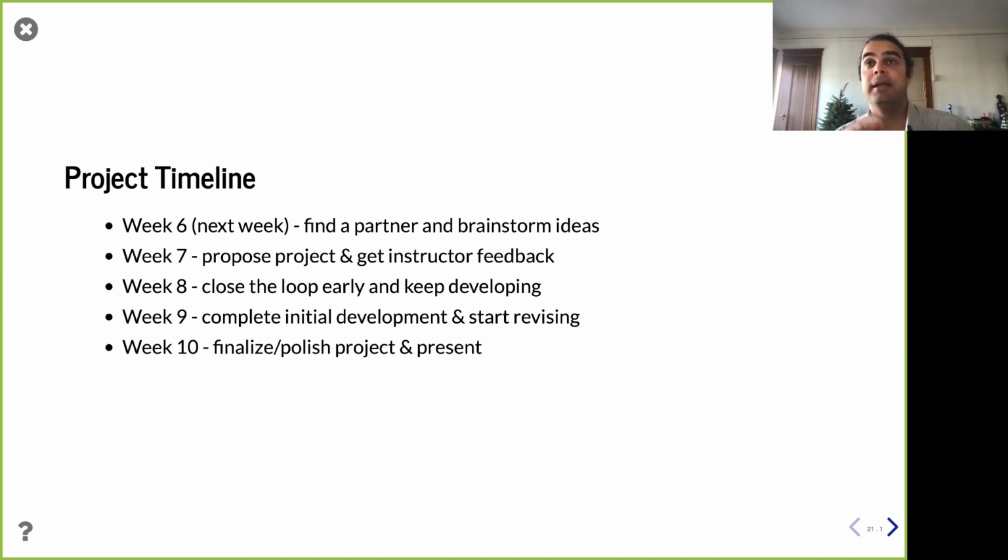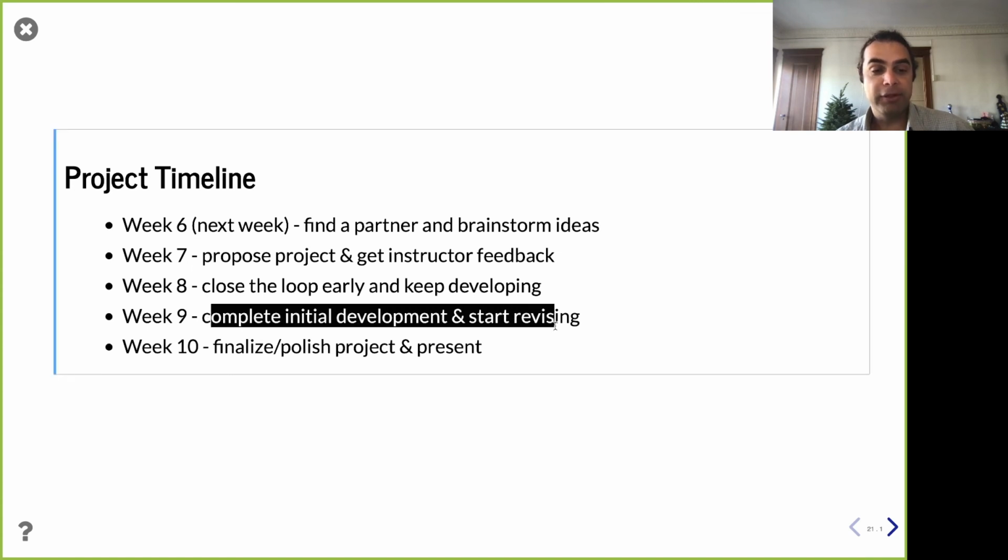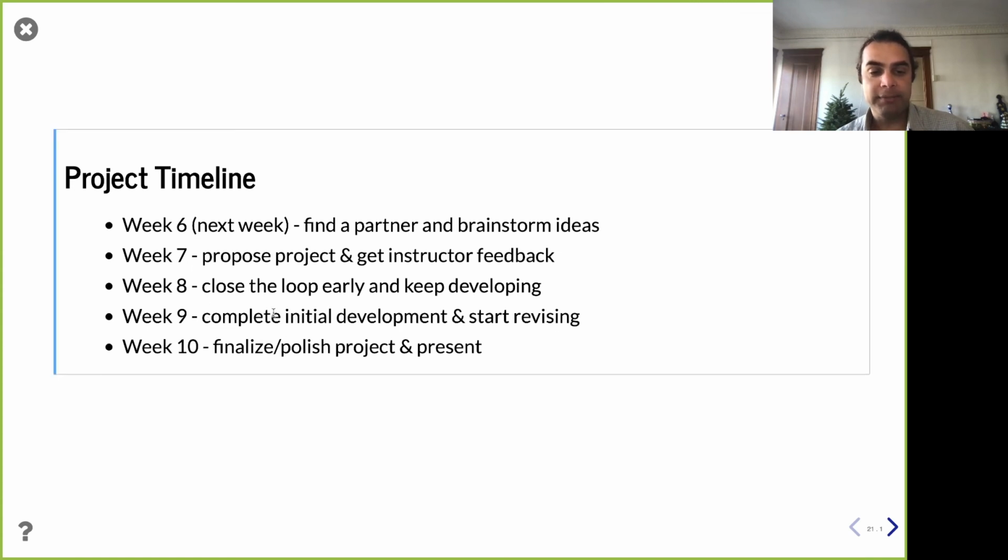revise it. But let's say your most recent attempt at a new feature or a new optimization doesn't pan out. You can still revert to something that's pretty good. It's just not as optimized as you were hoping for. So you can see the process. Okay, you're going to close the loop early. You're going to keep closing out the features, keep revising it, and then you're going to do a mini presentation to your classmates and